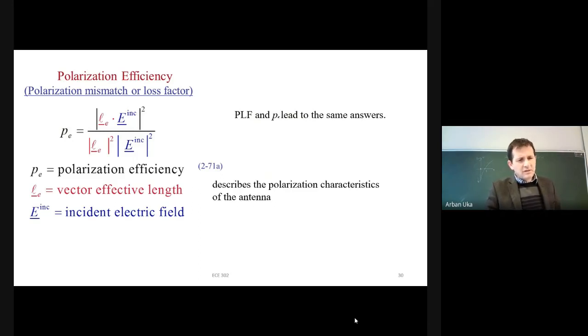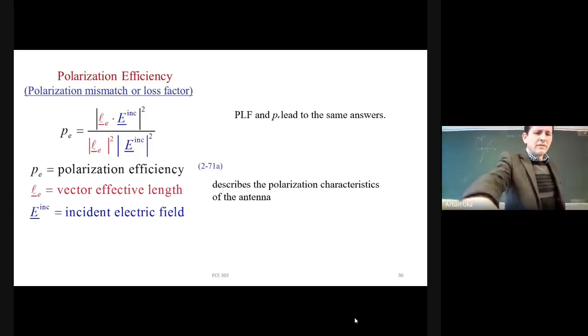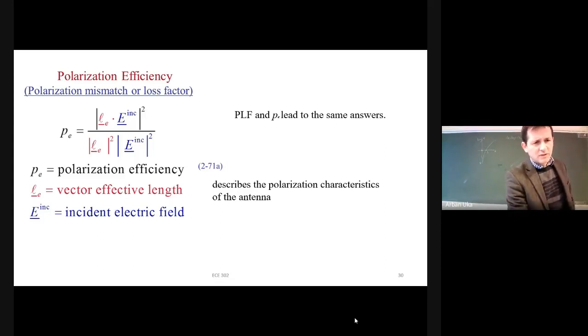Now, whenever we look at these expressions, we can also just remember that the unit of electric field intensity is volt divided by meter, and the length is measured in meters. So if we multiply the unit of the electric field with the unit of the length scale, you might expect that in the denominator and the numerator, we have units of volts. So this is going to look something like volt square divided by volt square. So this parameter, this polarization efficiency, is a unitless value.